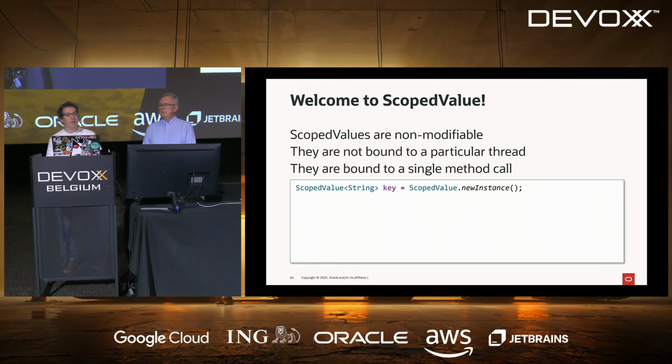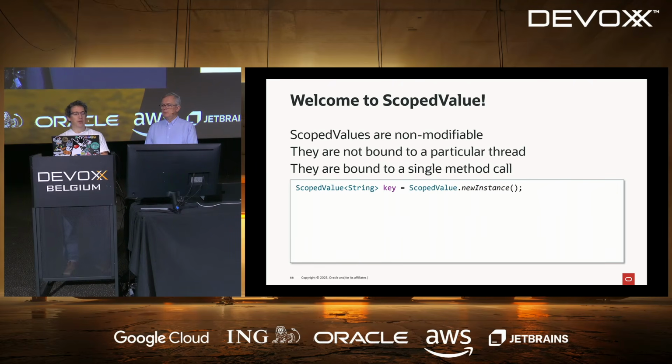First, the value is not modifiable. The values you store in a scope value are not mutable, which is nice. It means that we can have optimization. By optimization, it means you can have a cache, or better, you can inline the value inside the code, or things like this.